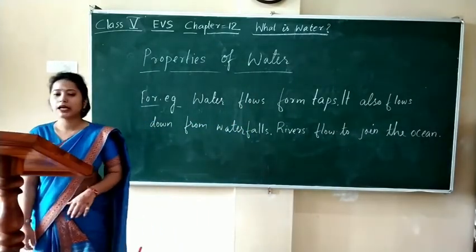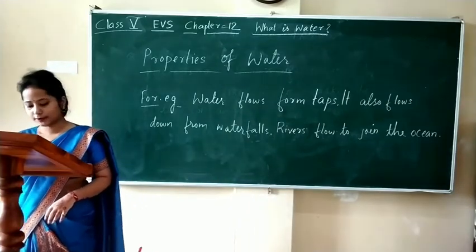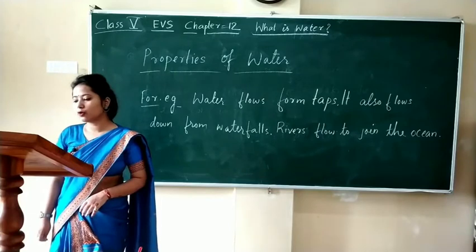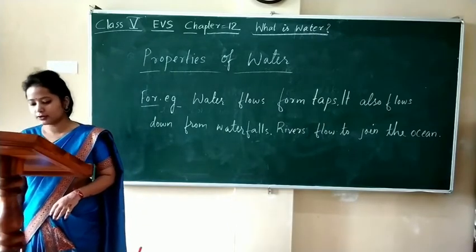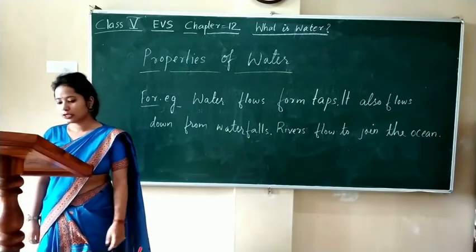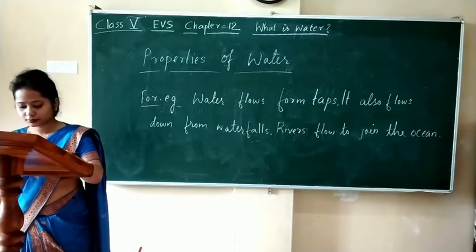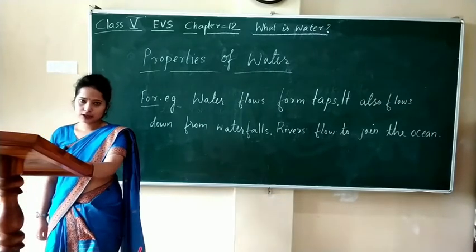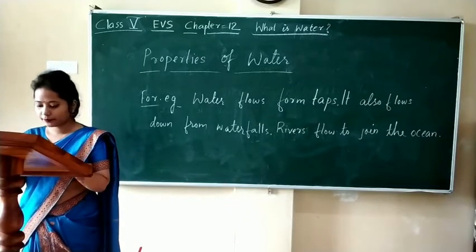So, water flows until it reaches the same level with all the water. Water can be made to flow upwards too. It is done using electric pumps which lift the underground water to overhead storage tanks in buildings.